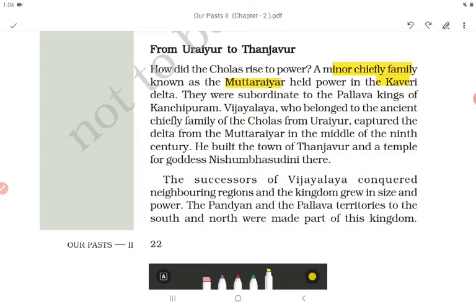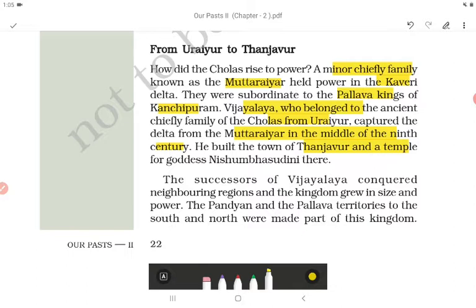They were subordinate to the Pallava kings of Kanchipuram. Vijayalaya, who belonged to the ancient chiefly family of the Cholas from Urayur, captured the delta from the Muttarayar in the middle of the 9th century. He built the town of Thanjavur and a temple for goddess